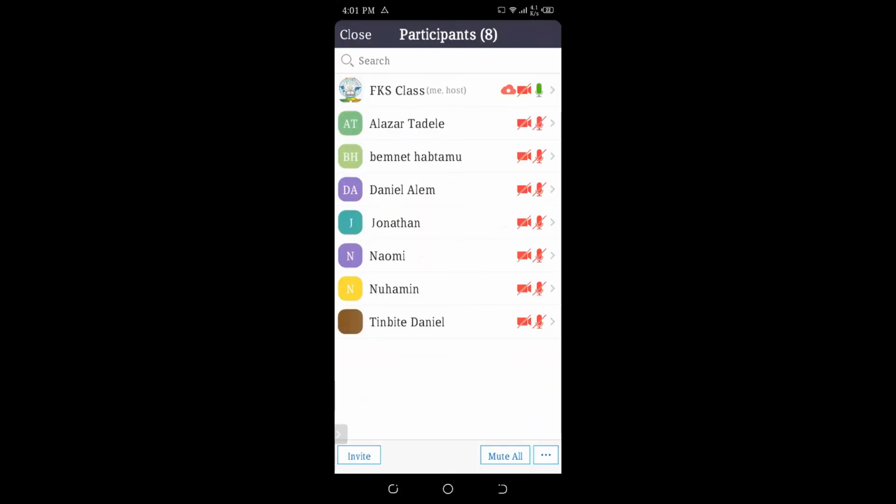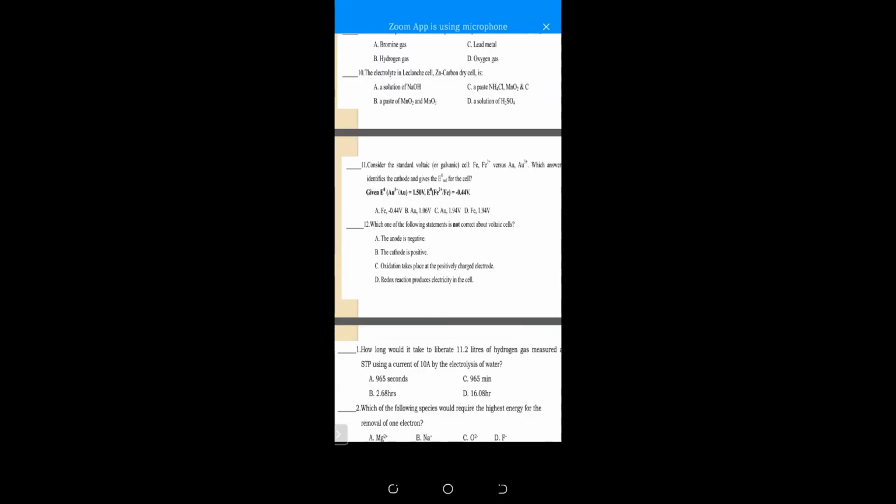ዝም ካላችሁ እኔ እንደገባችሁ ነው if you have any question እሺ number 10 the electrolyte in Lange cell or zinc carbon dioxide it is the same as Lange is the name of the inventor is zinc carbon dioxide for the first time invented by the French scientist known as Lange zinc carbon the ordinary dry cell it is Lange cell or zinc carbon dioxide ስለዚህ ይሄ electrolyte አለው this is simple it is paste ammonium chloride manganese dioxide and carbon መልሱ C